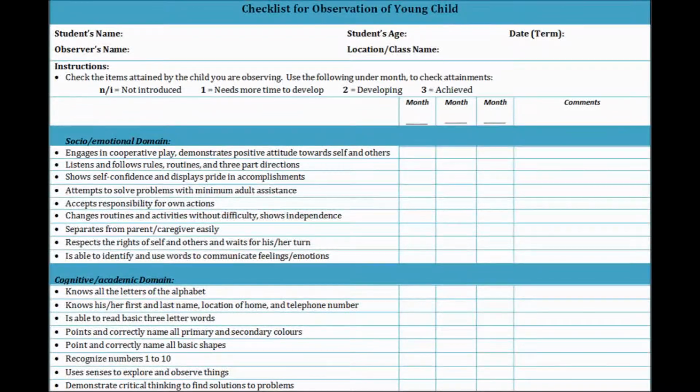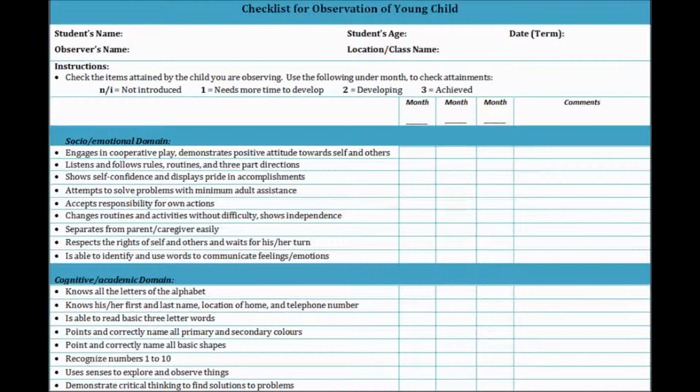The instructions are simple. The observer will check the items attained by the child using the following under each month. NI means the item was not introduced. 1 means it needs more time to develop. 2 means it is developing. And 3 means it was achieved. 4 developmental domains are covered on this checklist: socio-emotional, cognitive, physical, and language, under which are items that indicate the student's attainment so that the observer can measure